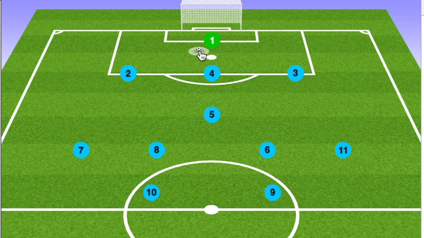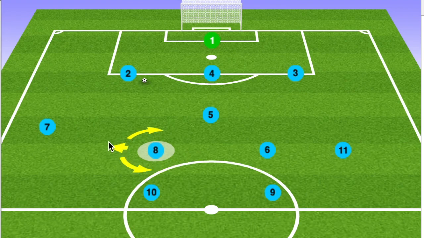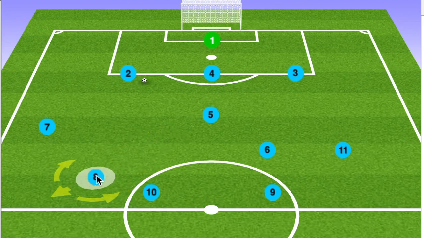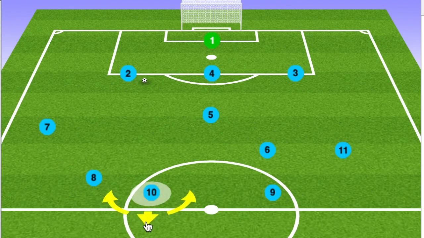So if we build up with a number 2 and a number 3, then this will usually require, for example, if we play the number 2, this would essentially require the number 7 to return and the number 5 to be an option, and then either the number 8 or the number 10 to be an option here in the center. So of course this could also be the situation where the number 8 goes out,